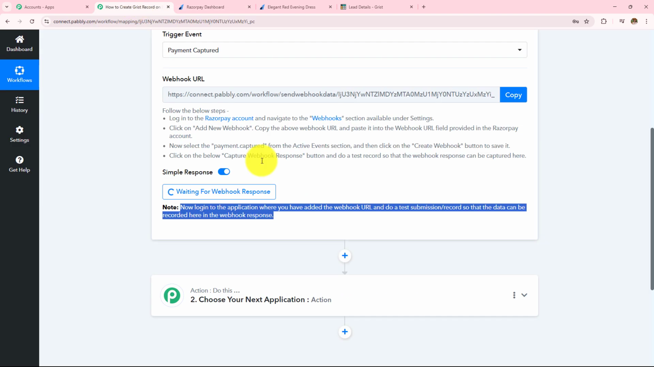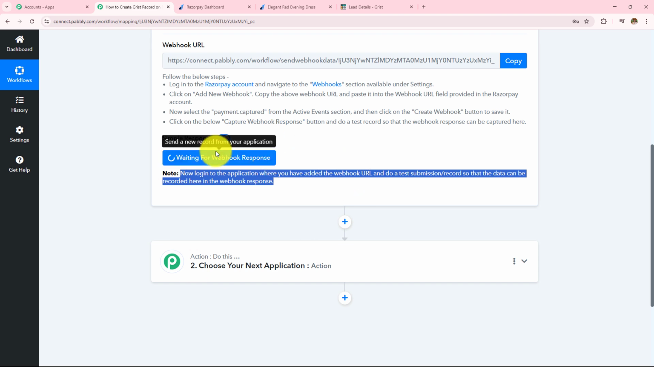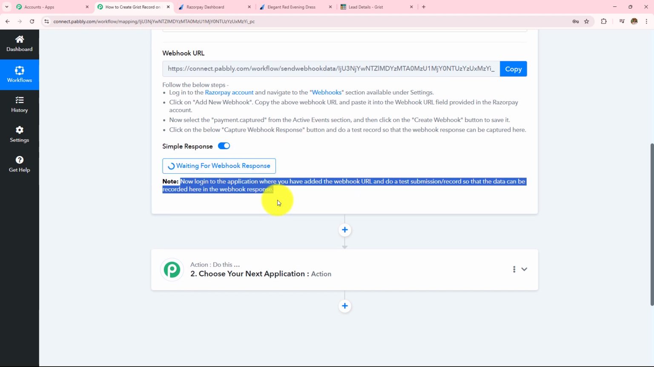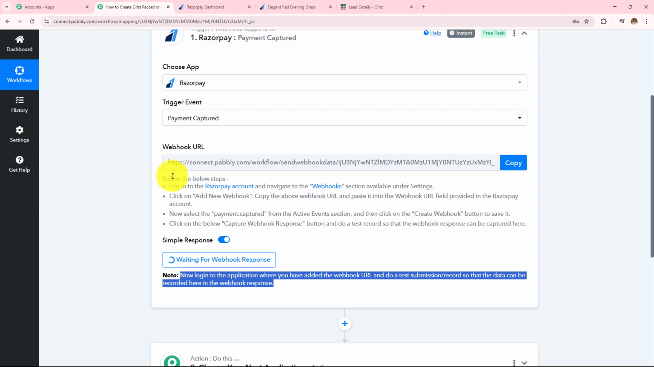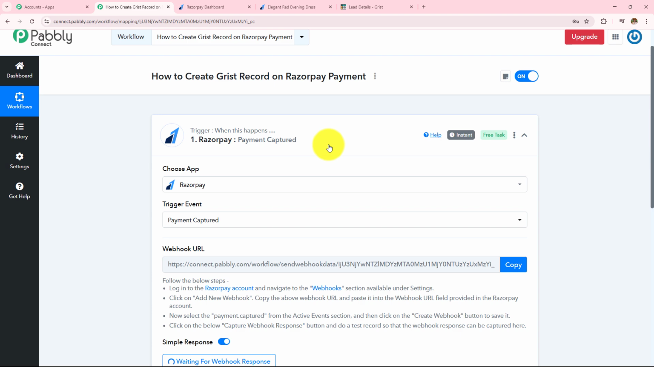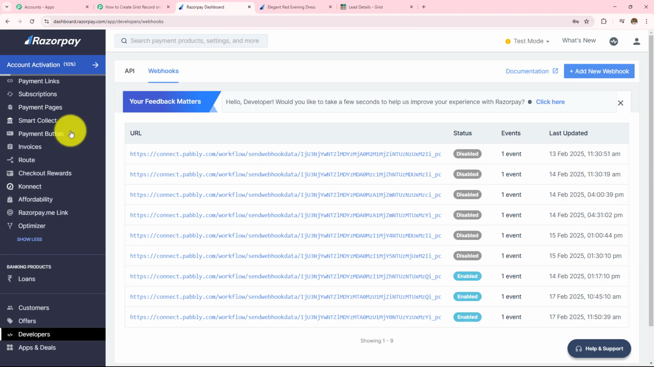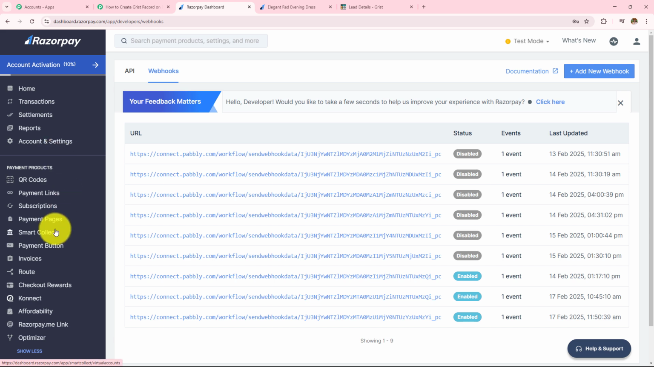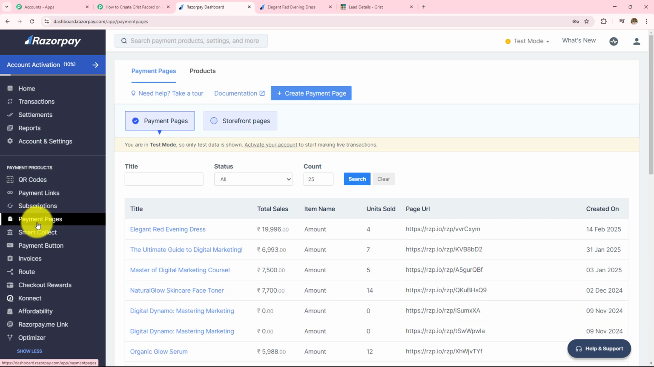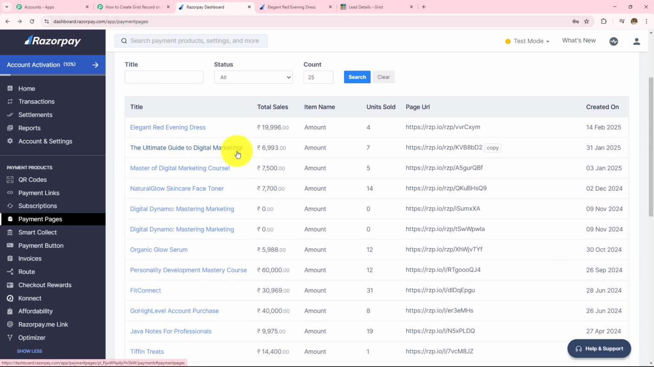And after the payment has been done, Pabbly Connect should capture all the details here in this workflow, and this will show us that the connection setup that we have created with the help of this webhook URL between Pabbly Connect and Razorpay is successful. So here what I'm going to do, I'm going to open my Razorpay account and then I'm going to open the payment page. On the left hand side, I have clicked on this payment pages, and over here, let's say